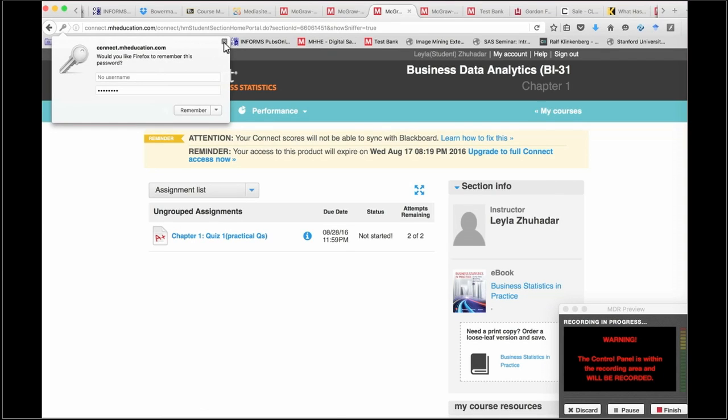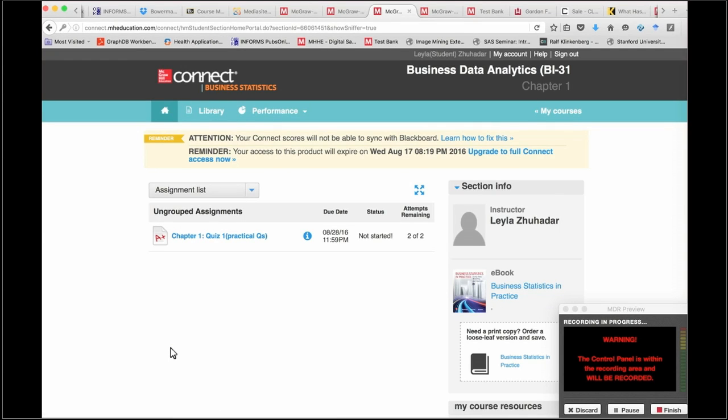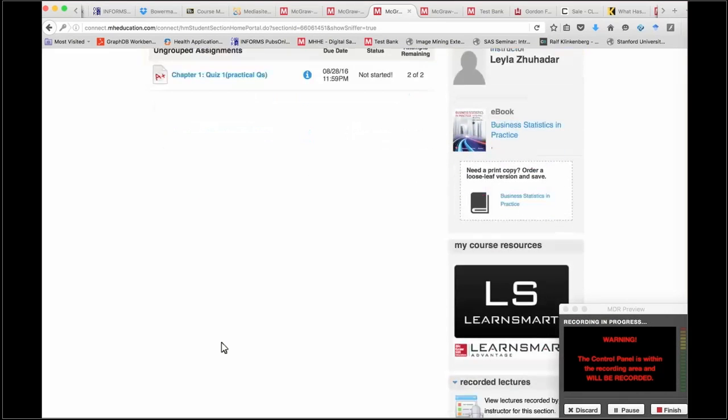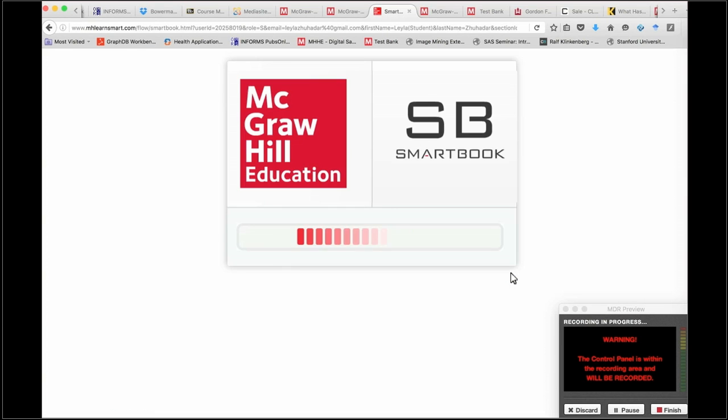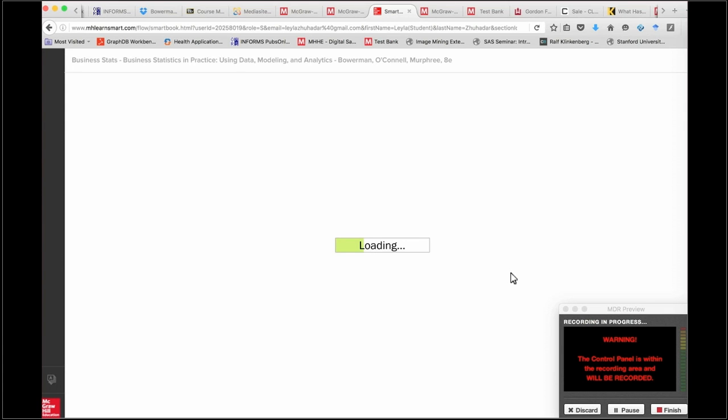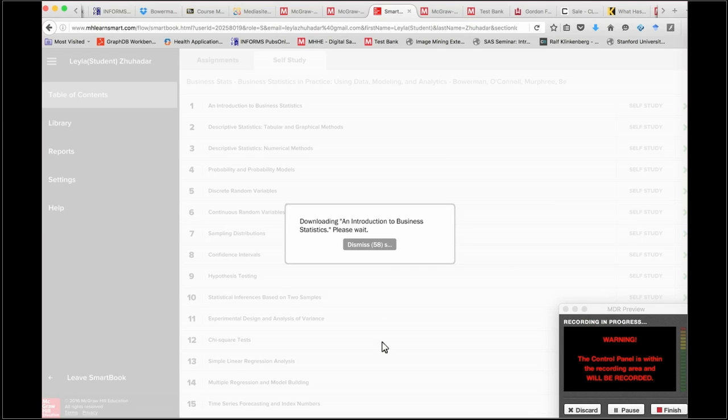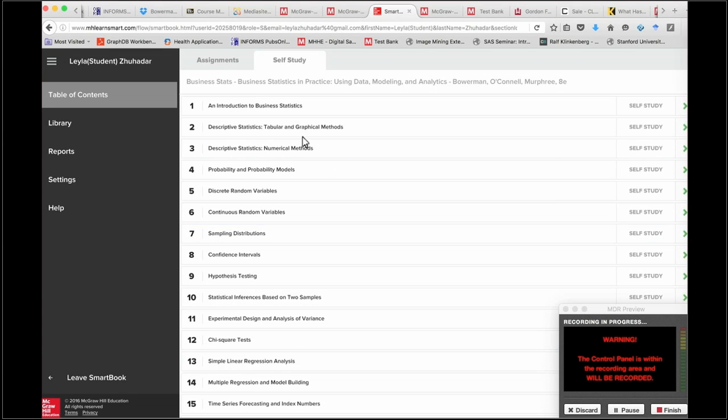After you get granted access to Connect, you will be able to see the materials related to each chapter. Not only that, you can start reading your materials from the link here, the ebook, or you can click on a better option, which is LearnSmart, a new technology by McGraw-Hill, which allows you to read and practice at the same time. You will see whole chapters. You start with your chapter 1 self-study,